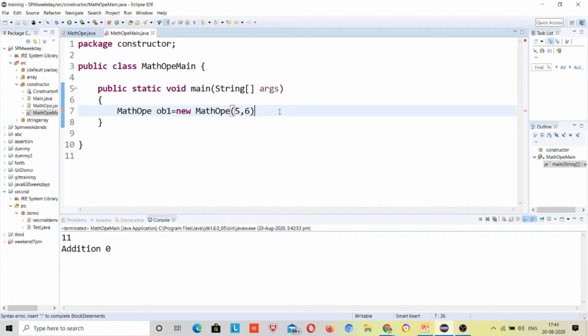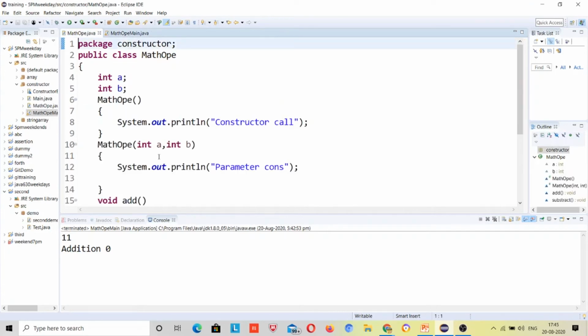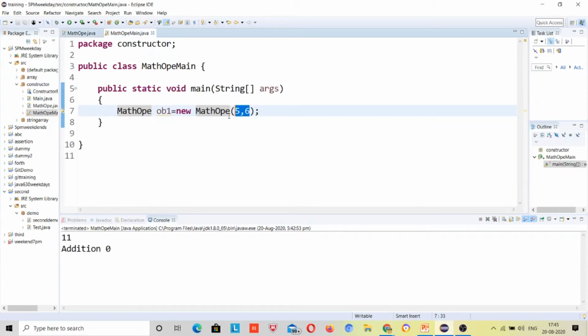Now please see, I have called the parameterized constructor, right? So this parameterized constructor is called, and the execution will be here. Just because I have passed 2 parameters, suppose I try to pass 3, see what the error will be.